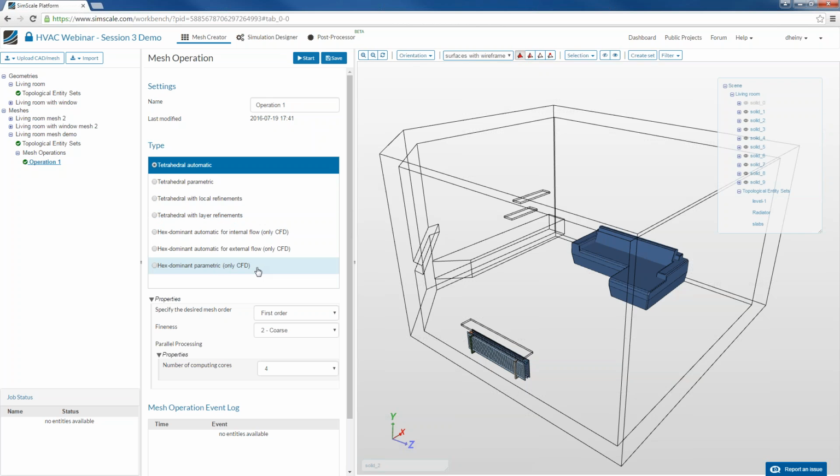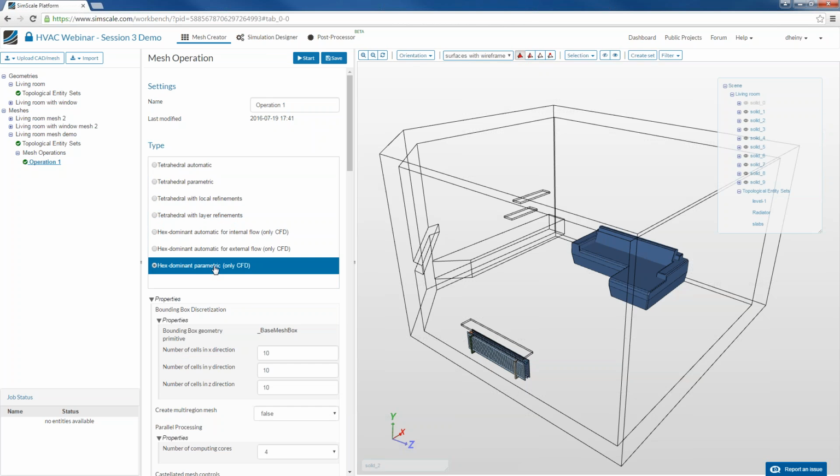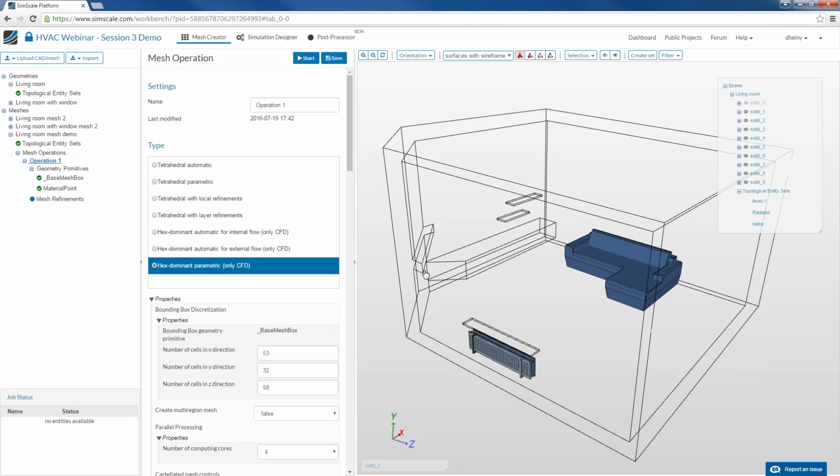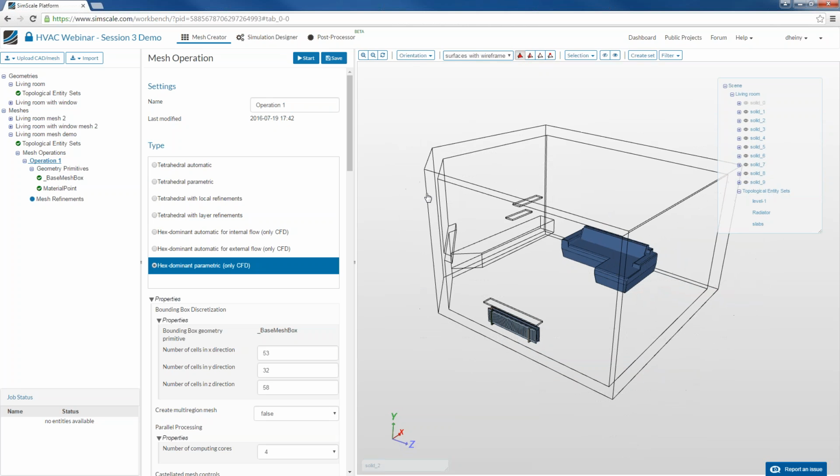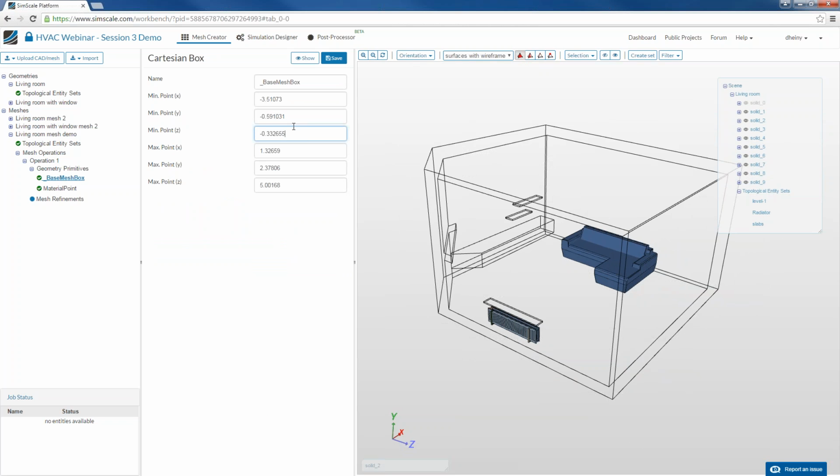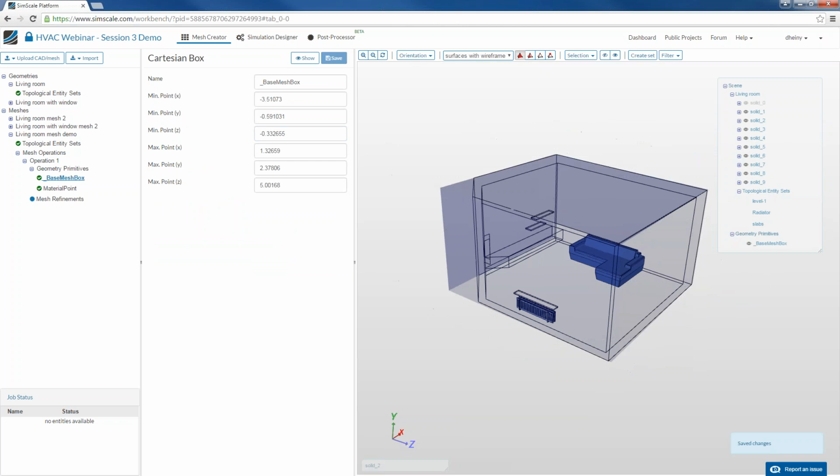And what we use today is the hex dominant parametric approach for generating a mesh. And now I'll save it immediately, and we're going to go step by step through this to set this mesh up. And in the first step, what we're going to do is this model, this mesh operation, essentially works